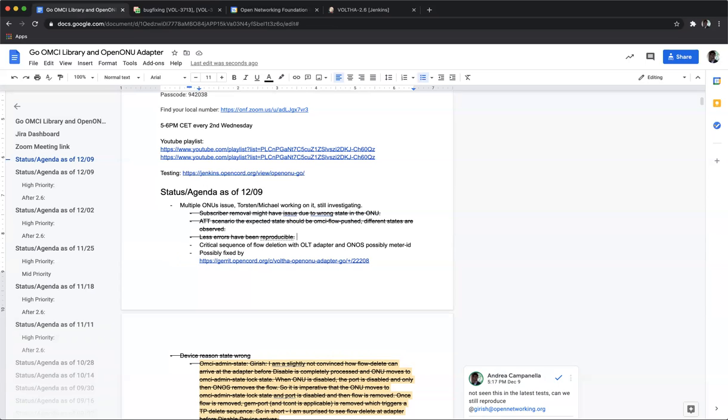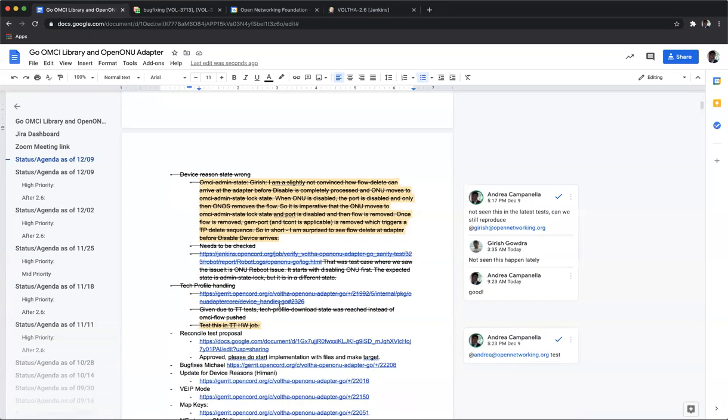As Girish pointed out, it was a bug that we fixed a long time ago in ONUs. To be honest, I have to dig to understand if this uncovered a new bug, or for some reason that fix was good enough at that point in time and it's not good right now. So I'll have to dig deeper into this. I'll just have to take a note myself and create a Jira story, otherwise this gets lost. Okay, yeah, I've done that.